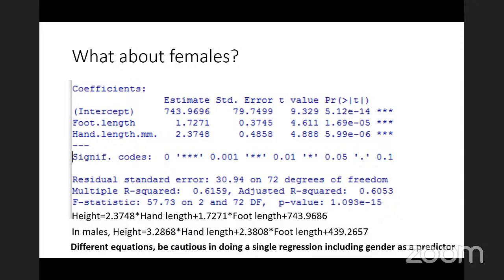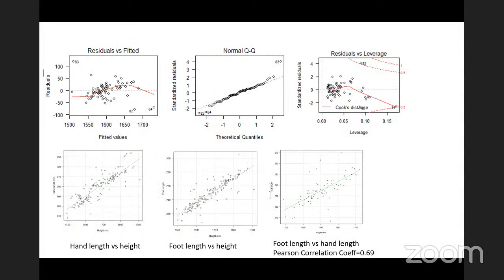So we can check the residuals, we can check the assumptions. Over here, we have checked the residuals versus fitted. We see an outlier over here. We can check out the QQ plot, and we can check out the Cook's distance. Now, once we look at the Cook's distance and the outliers, we see that there